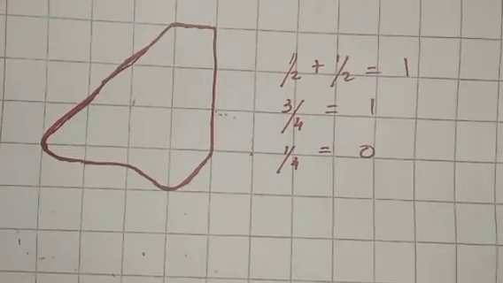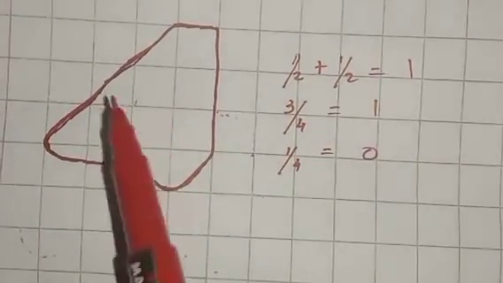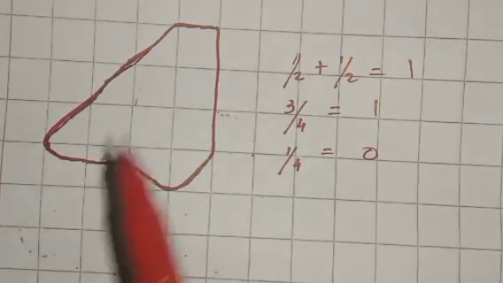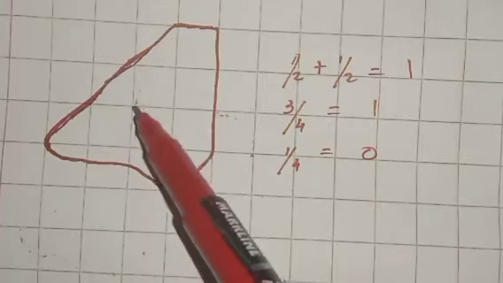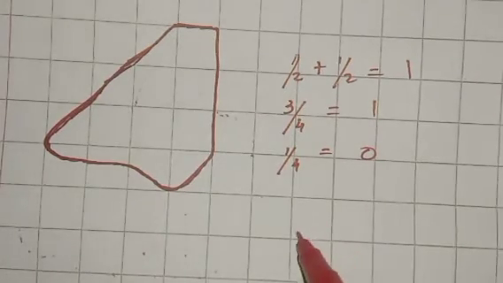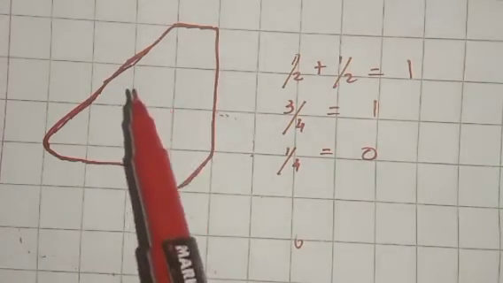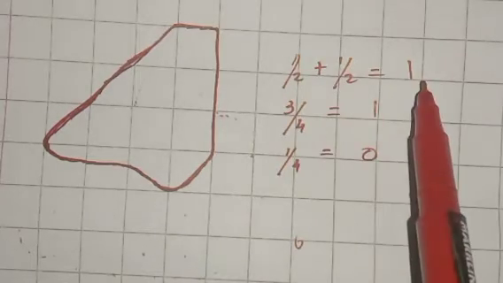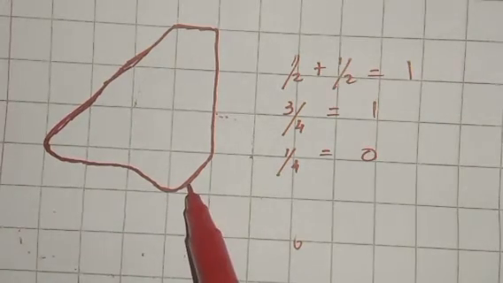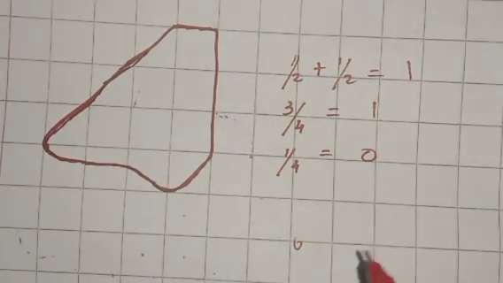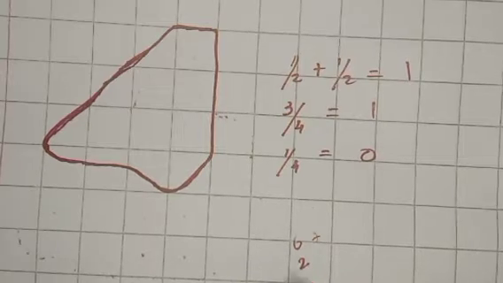Understand? Here you find out the area of this picture. First you find out the square units. That is 1, 2, 3, 4, 5, 6. So 6 square units. Then you can add halves. So 2 halves is equal to 1. So here 1 half and here also 1 half. Here also 1 half and here also 1 half. So 4 halves is equal to 2.